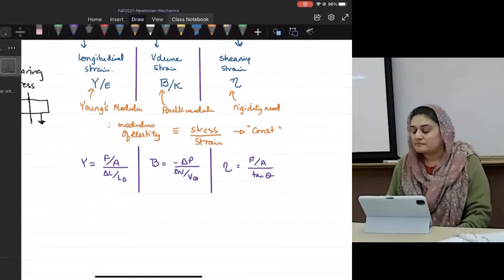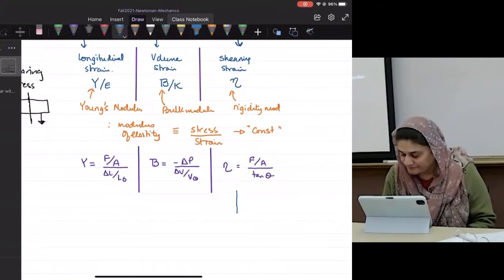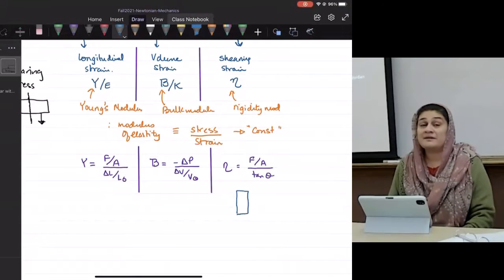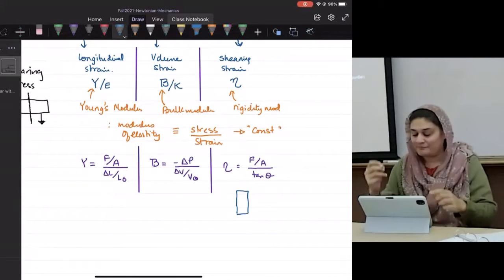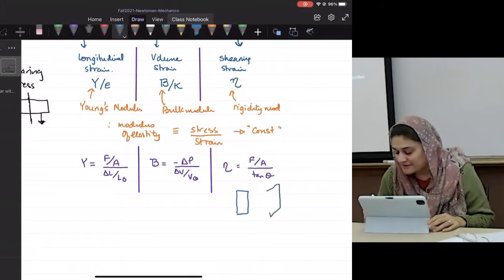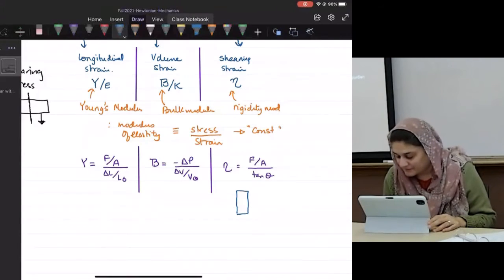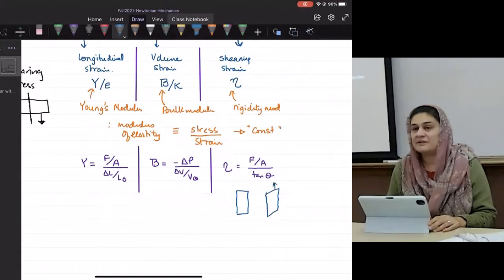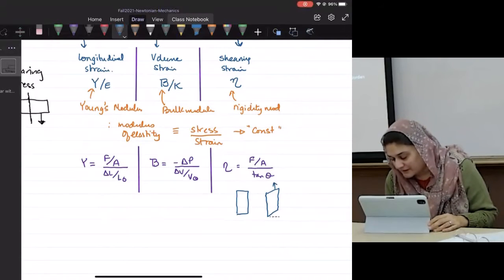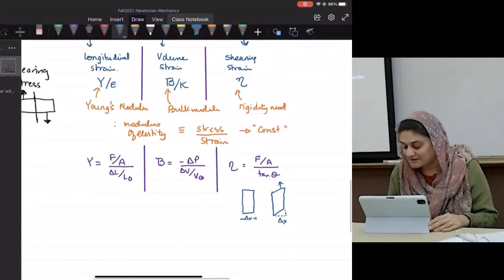Okay. So why is there a tangent of theta in here? So let me explain that. So if this is your volume, shearing strain does what? Pulls it, right? Or either way. So imagine if it pulls it, it goes like this. I know it's a bad picture. It works. So close enough? It pulls it here. If this is delta X, so this will still be delta X. If this angle is theta,